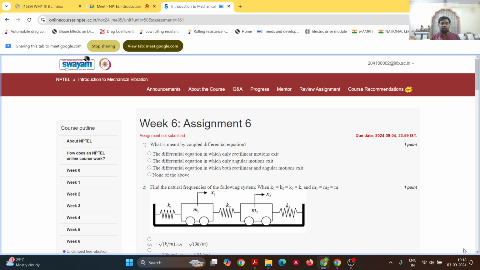Means mostly the problems are on spring mass systems, so we have to prepare basically for that. And mostly the questions are asked from assignments, the basic questions in the final exam. Yes, you can expect that mostly it is related to that. But at the same time, you must be aware that if you come across a system which is not spring mass,